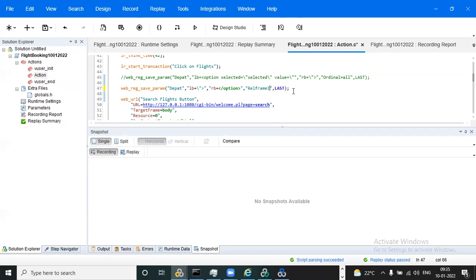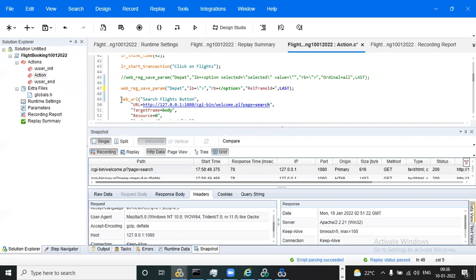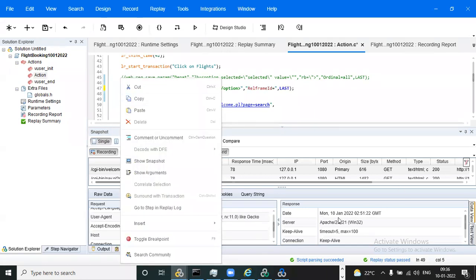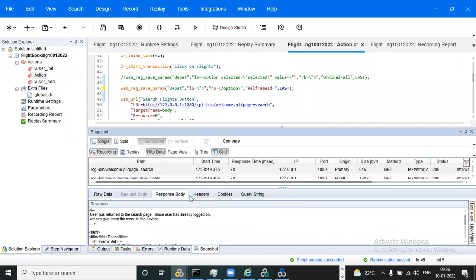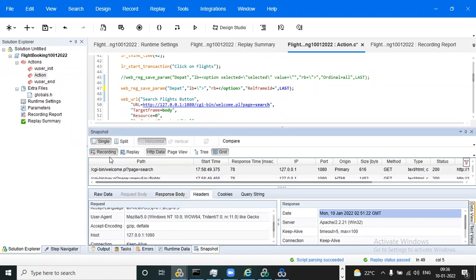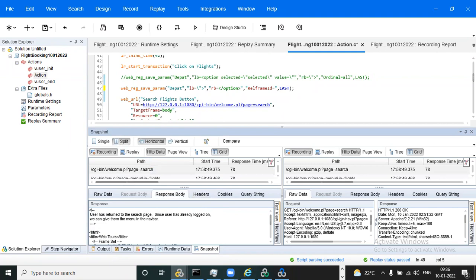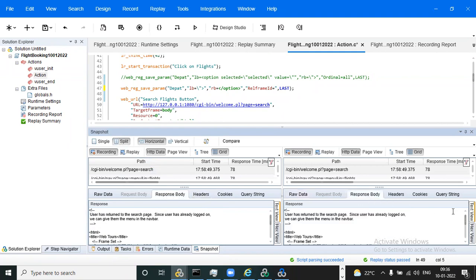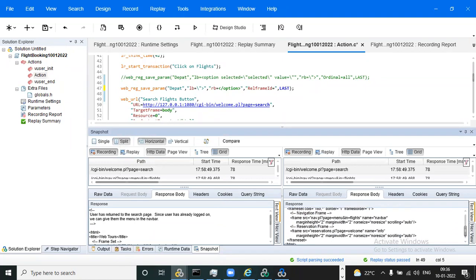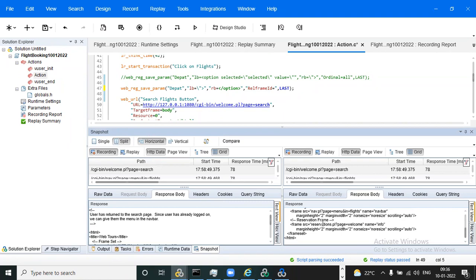Frame ID, for example, we are here only, right? See, here frames will be there.